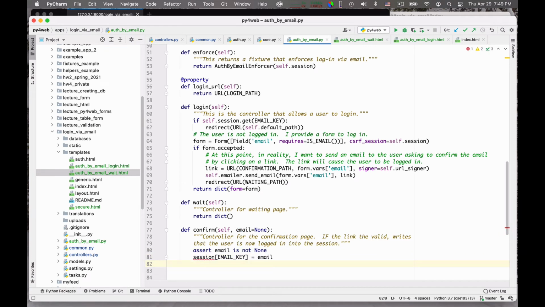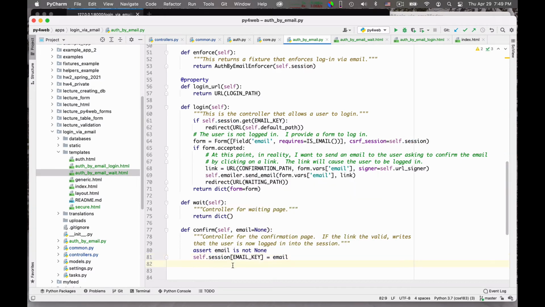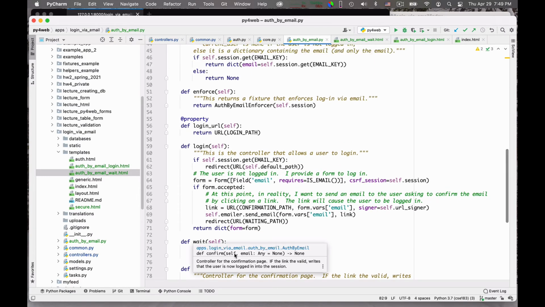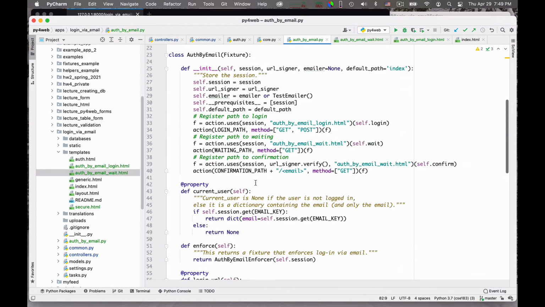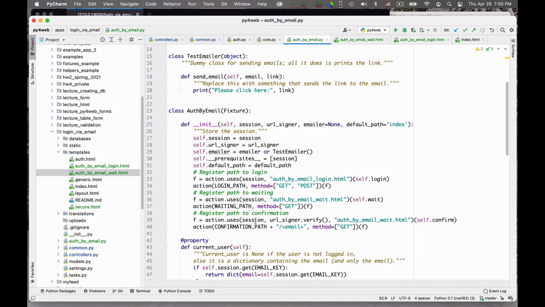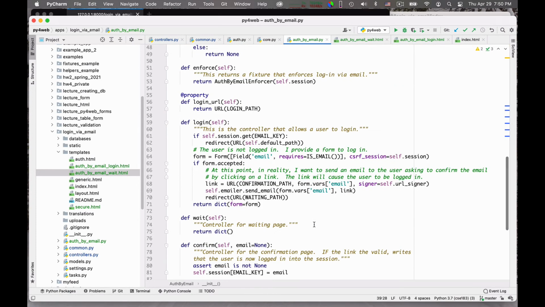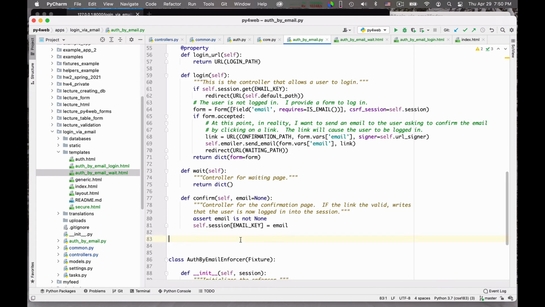And that's it. Serve session. And I think that's all that is needed, because this action lists the session among the requisites, and so this should all work.